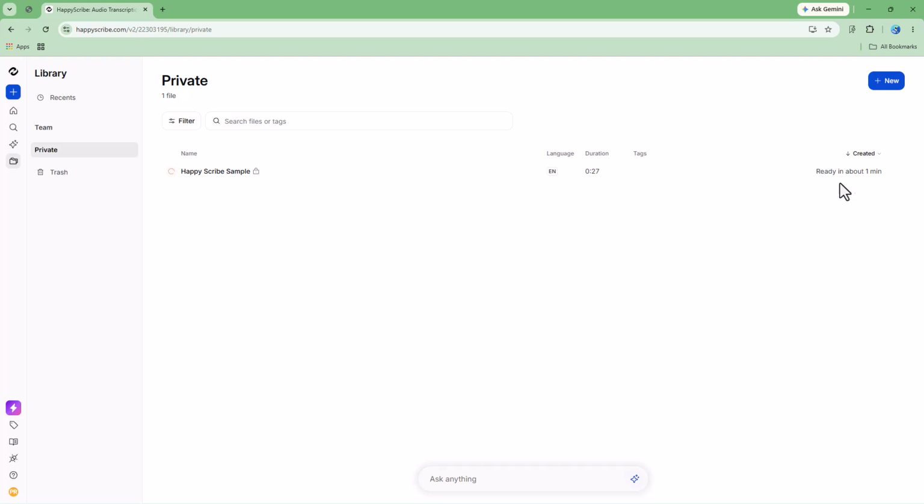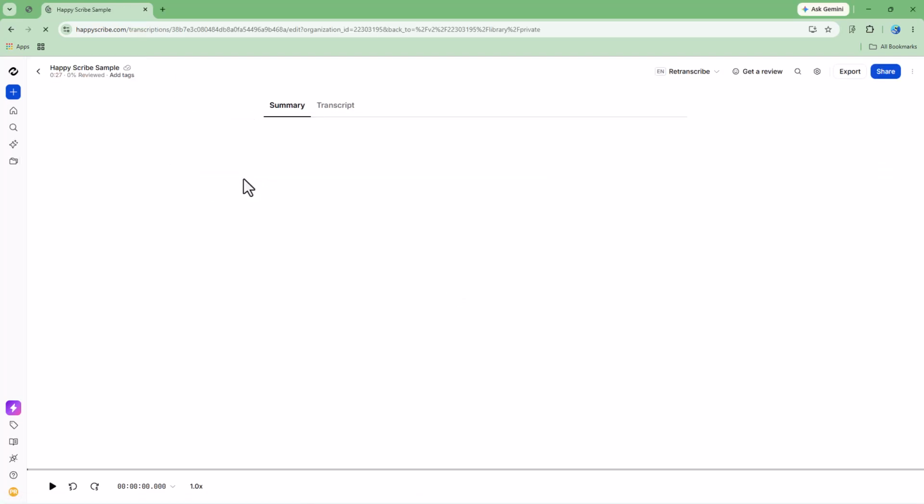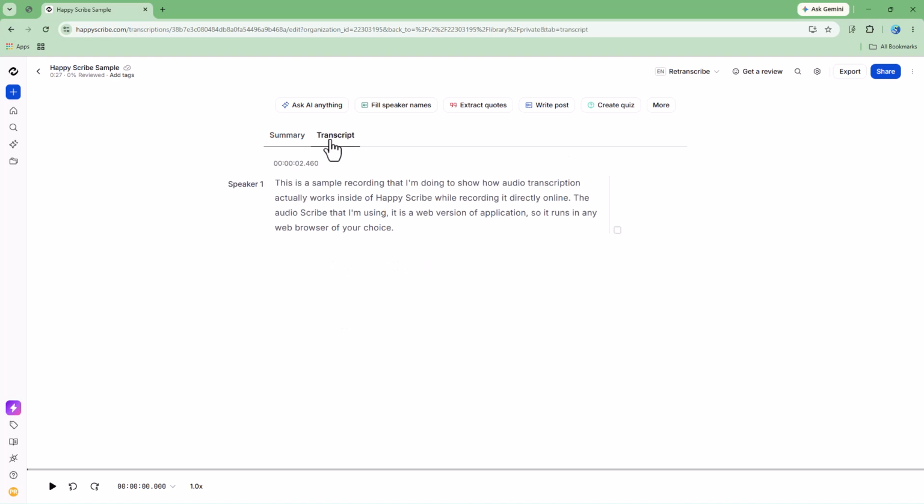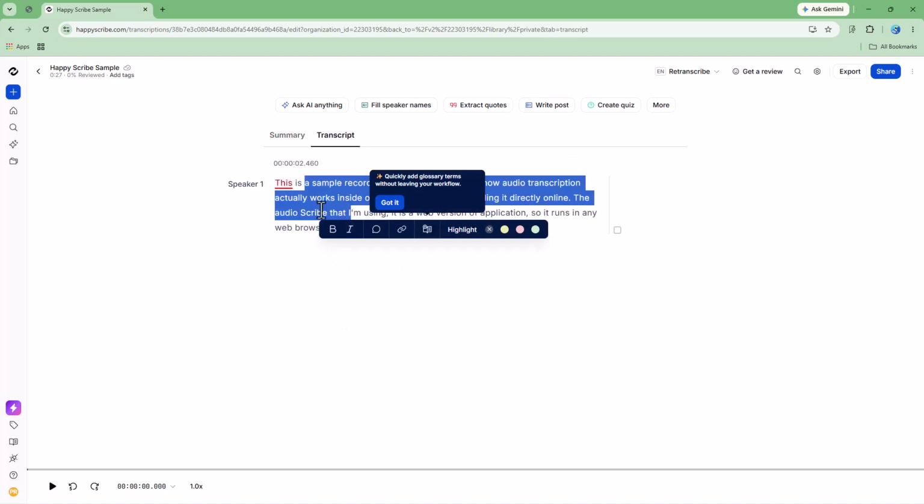So you just need to wait for this file to get ready. And now you can see that this is actually ready. It says created today. So if I click right here, then the transcription project opens up right here. And if I go to transcript, you can see it says this is a